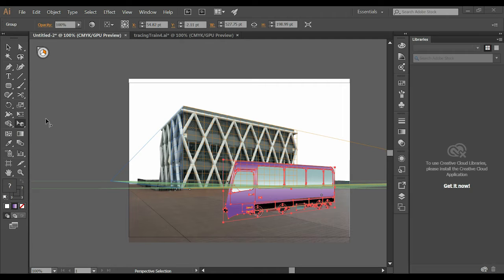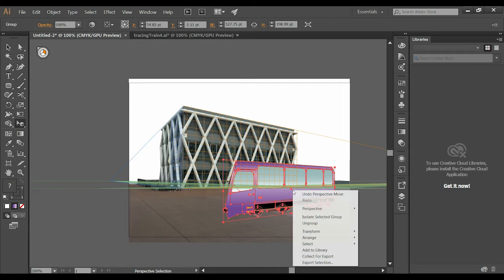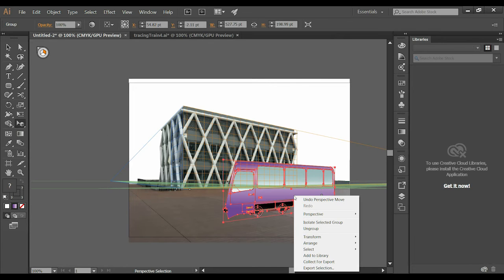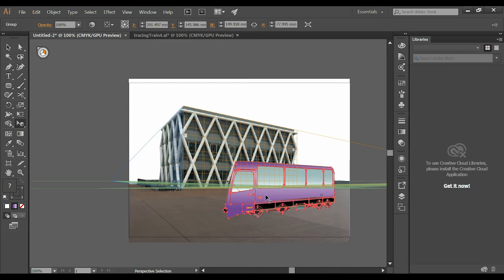Okay, the next thing is, what if I make a mistake? Actually, while you still have your Perspective Selection 2, you right click on the object and then go to Perspective. There is this button, Release with Perspective. Okay, release it, and now it kind of stays